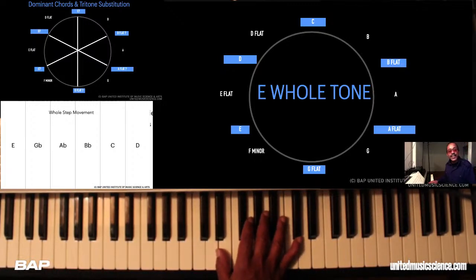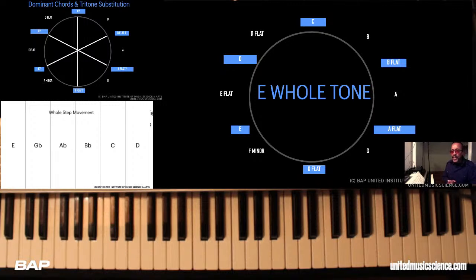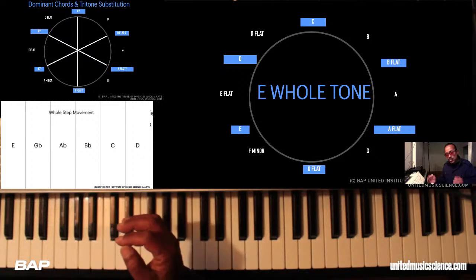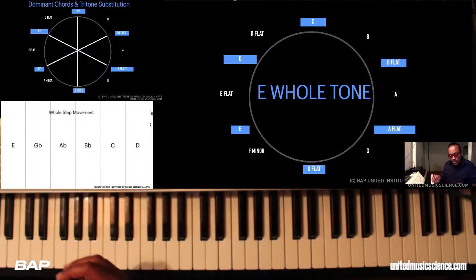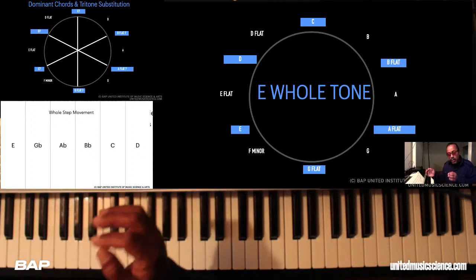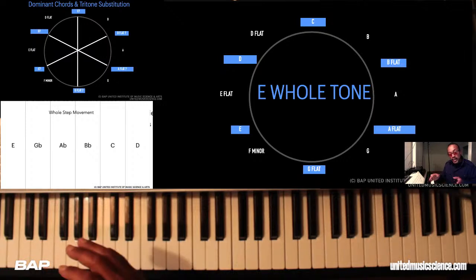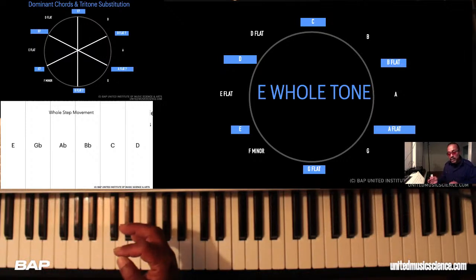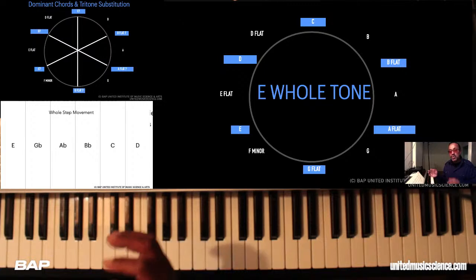All right, you guys. I'm just trying to show you what you can do. Start with what you know and understand it, and just move it in whole steps. Move stuff in whole steps, whole steps, whole steps, and get to your subconscious mind. The simpler we make things, because there's so many tools out here, you guys. There's so much